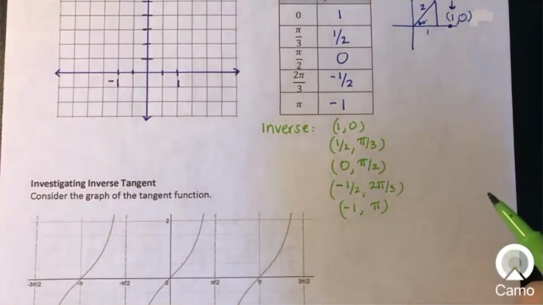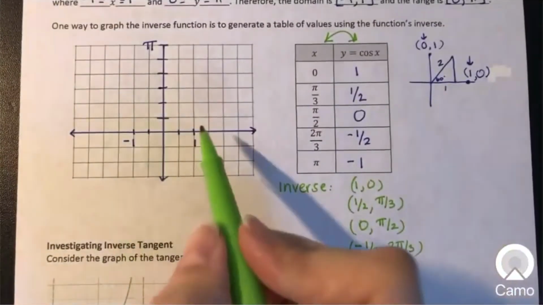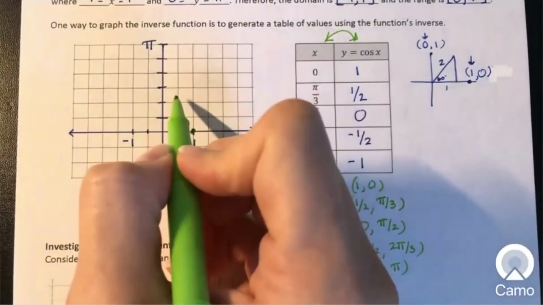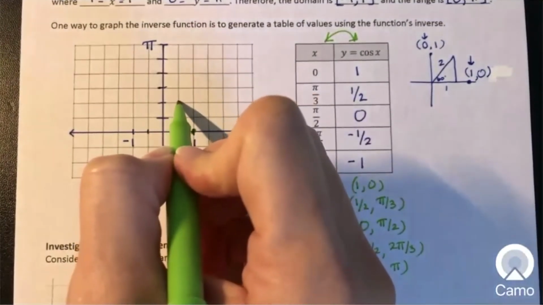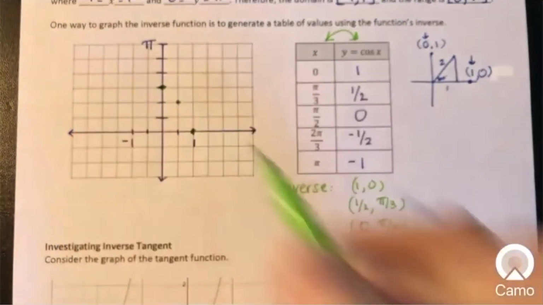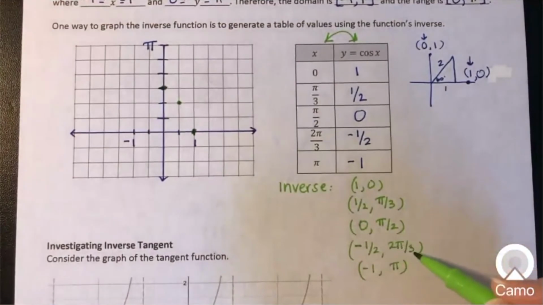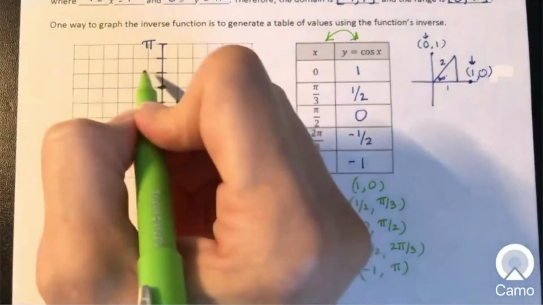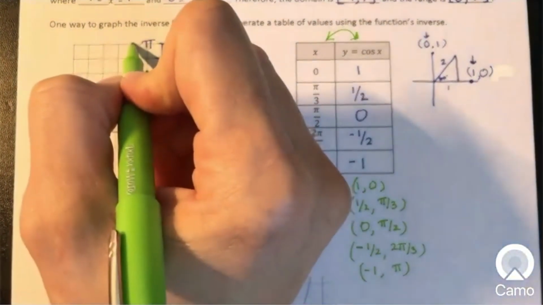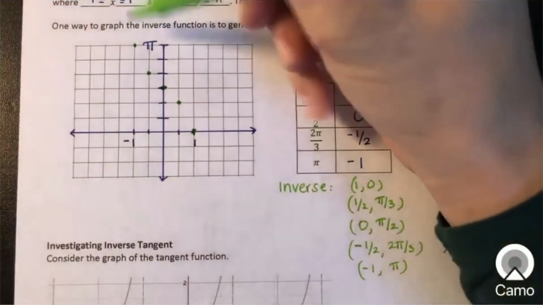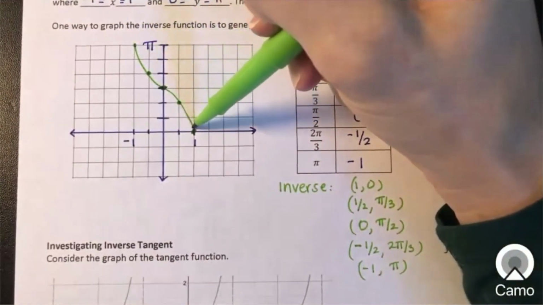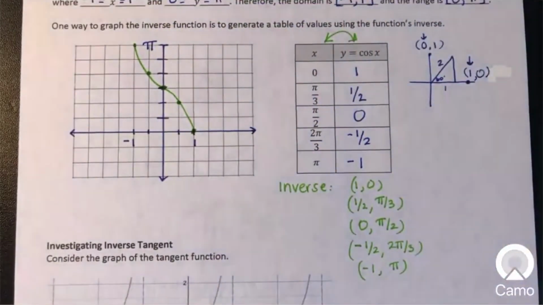Okay, so we can go ahead and graph these values. So 1, 0, 1/2, pi over 3, so that will be 2/6. 0, pi over 2 will be 3/6. 2 pi over 3 will be 4/6, so there'll be 4 boxes. And then pi will be up here at 6/6. So my cosine function looks similar to my